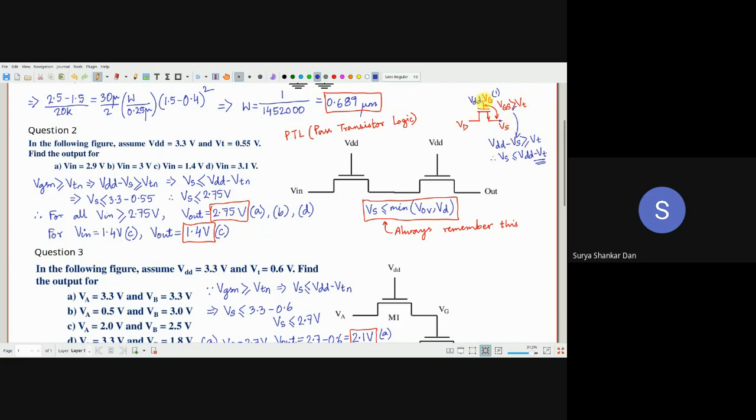In the very first few tutorials, I have explained in my section that there is a difference between logic state and logic level. Logic level is the voltage value VDD. The logic state is 0 and 1. So VS will always be logic state 1, but the logic state 1 of VS is never the logic value VDD. So we will say that the NMOS pass transistor is never going to pass logic 1 perfectly.